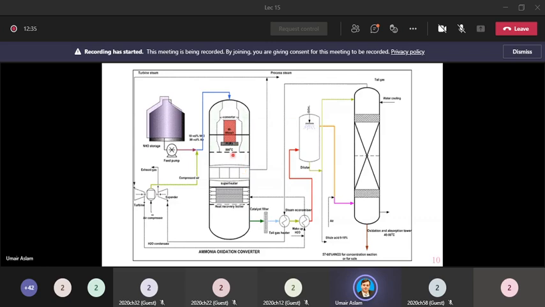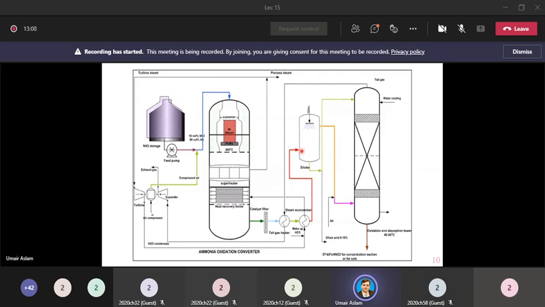So in order to remove those catalyst particles, firstly we pass this product stream through a catalyst filter. The job of this filter is to retain the catalyst particles while the clean product gas moves on to the next step, where firstly it will exchange the heat with this stream, then it will further exchange the heat with this stream, and then it goes into the